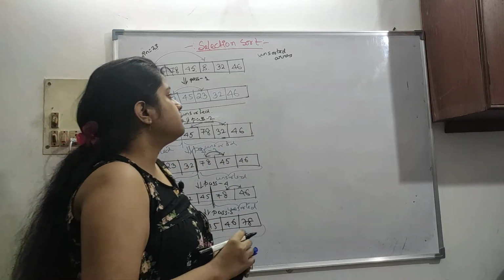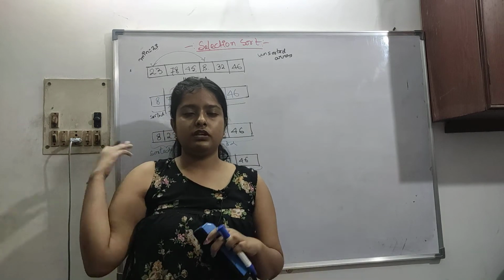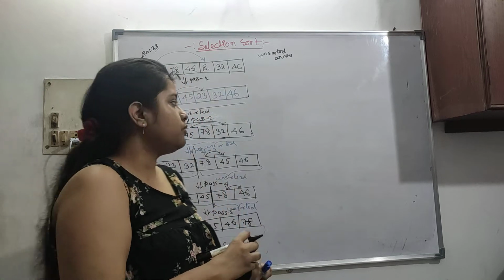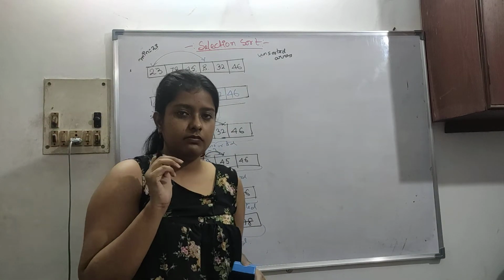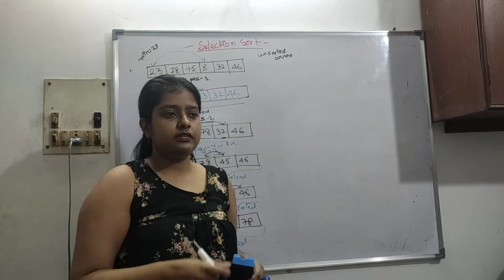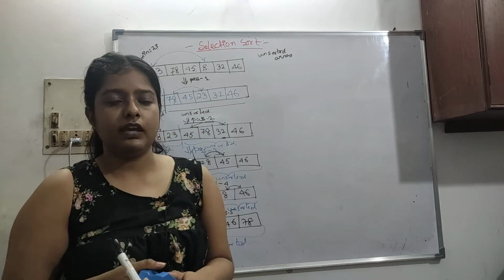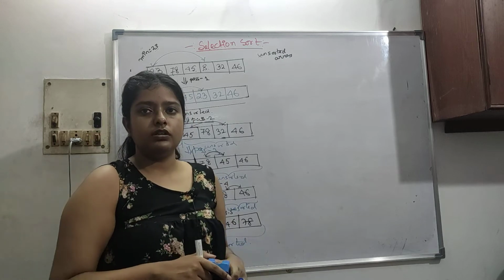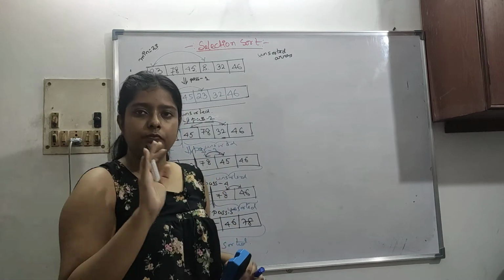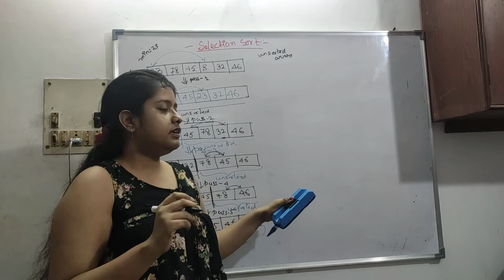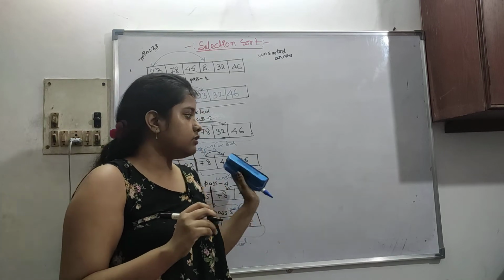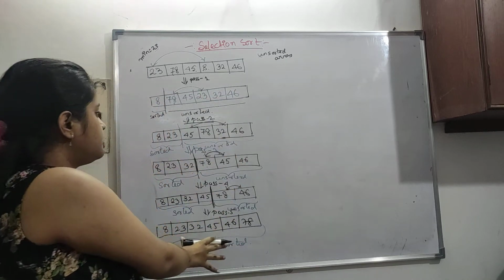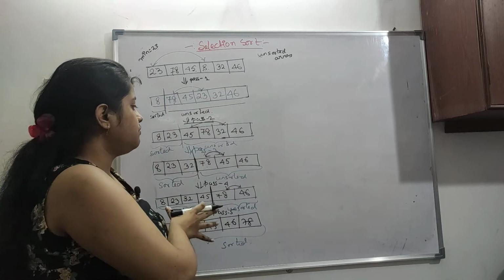So here the questions may come like, after the third pass what is our array, and so on. I don't know, but it may come. In selection sort I have seen many questions like number of comparisons, and it doesn't depend on the actual input. So these two questions are very common in selection sort. We will do PYQs, just hold on. After linear search and binary search we will do lots of PYQs and important questions also. For now you can understand this is our basic idea of this algorithm.